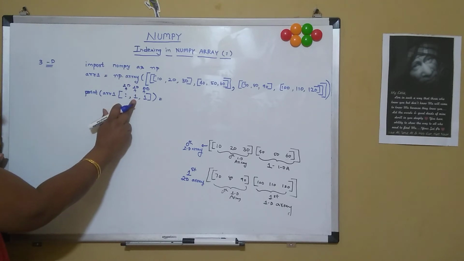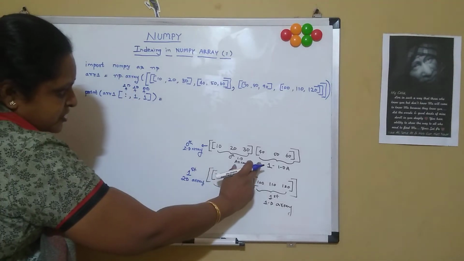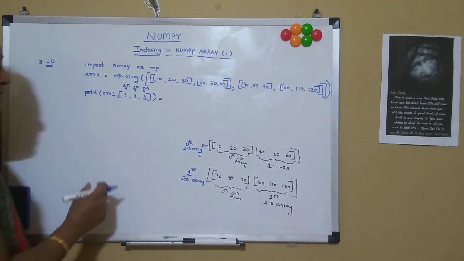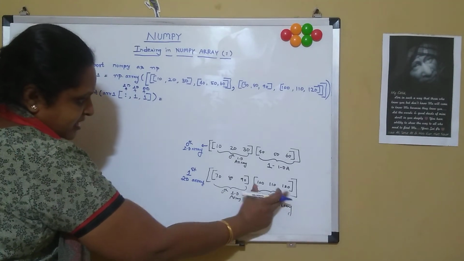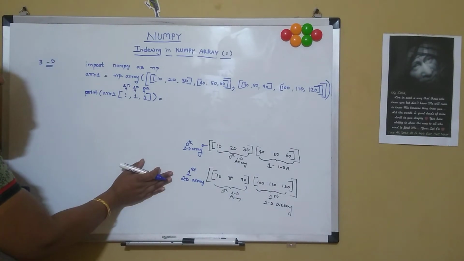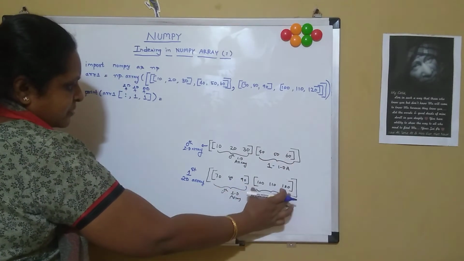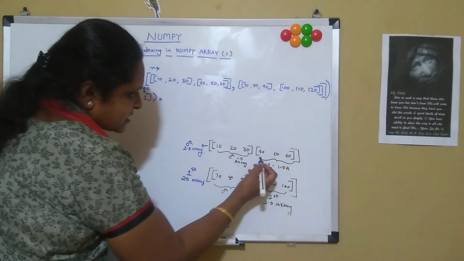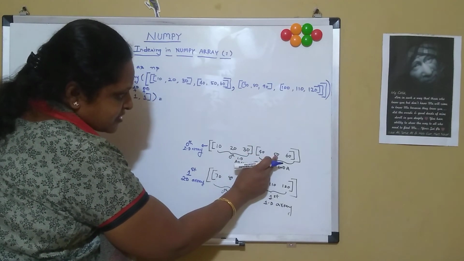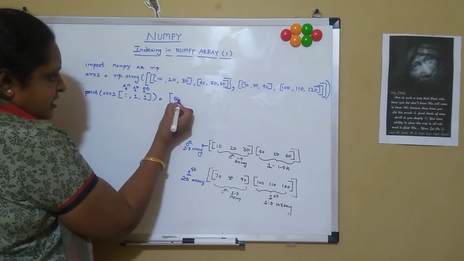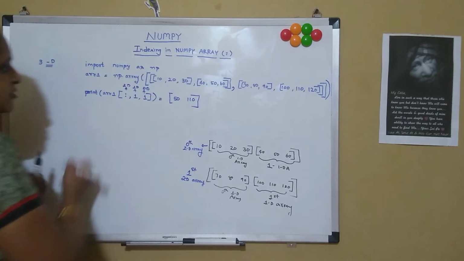In that, I am considering the first one-dimensional array. So the first one-dimensional array is this particular array, that is 40, 50, 60. And in this, the first 1D array is 100, 110, 120. So in both the 2D arrays, it is considering one-dimensional arrays. In both the one-dimensional arrays, it is considering the first index element. So what is the first index element? This is the 0th index and this is the first index. So 50 and then 110 will be printed on the console.